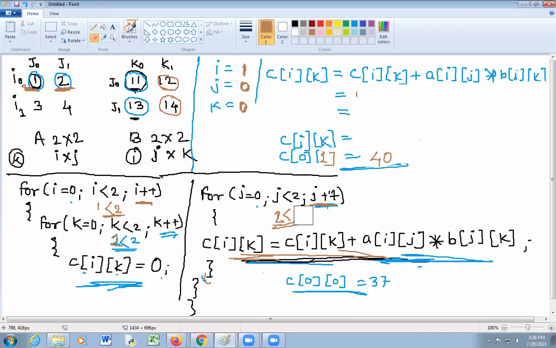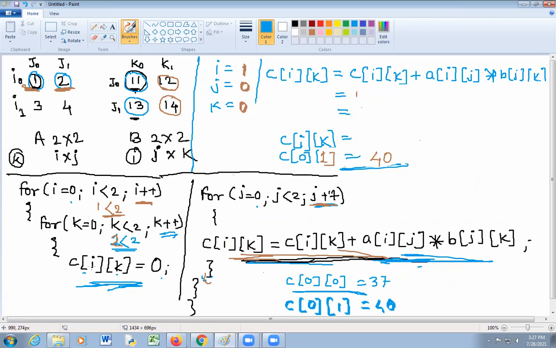Then here we have found c of 0 1 is equal to 40. Okay. So i equal to 1, j is equal to 0, k equal to 0.